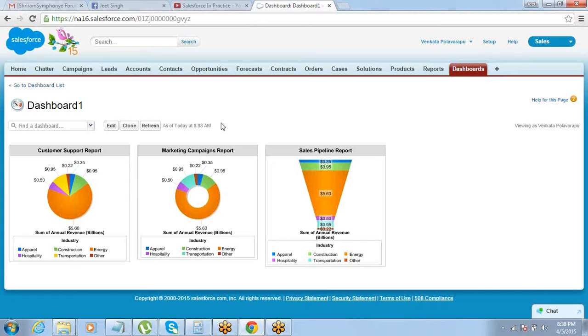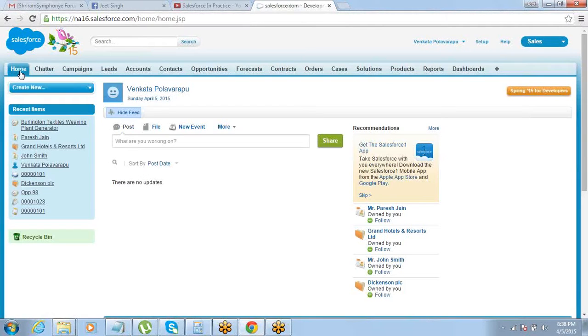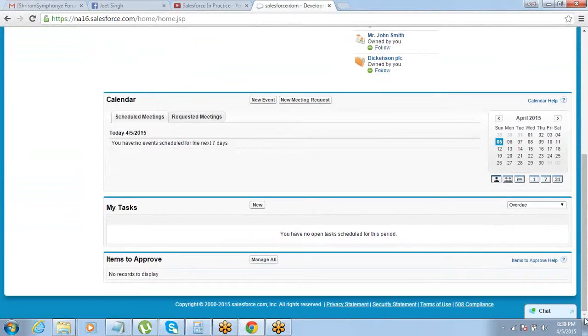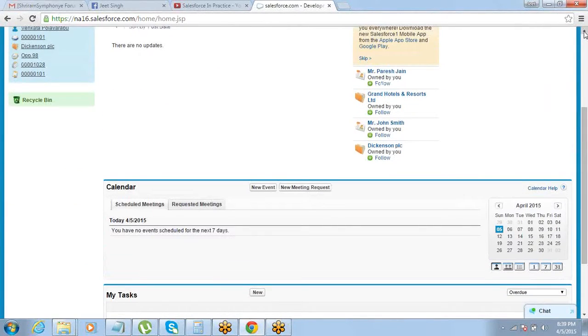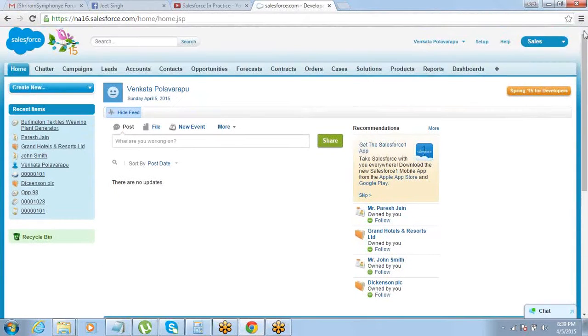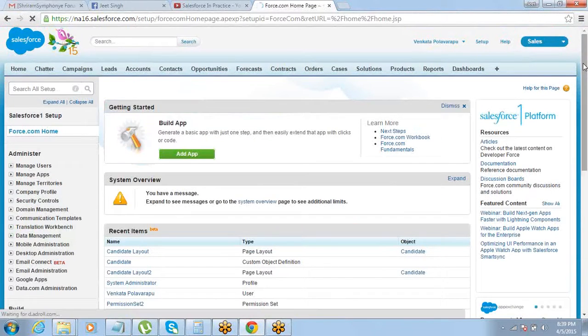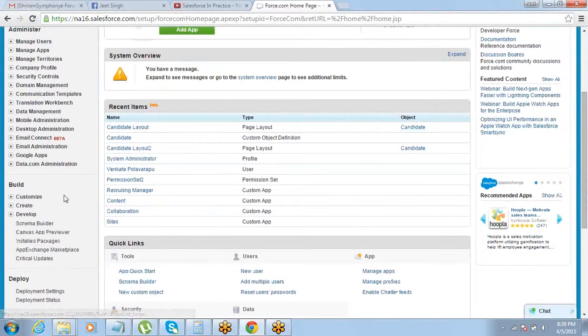There's one more place where you can view the dashboard, which is the home page. Your end users can see the dashboard on their home page also. So if by default the home page does not display the dashboard, we can go to setup and then go to customize.